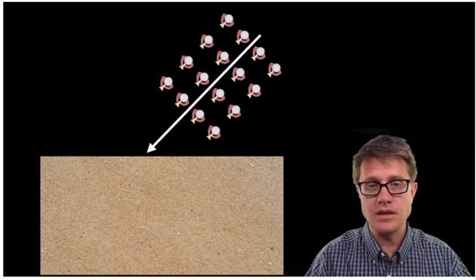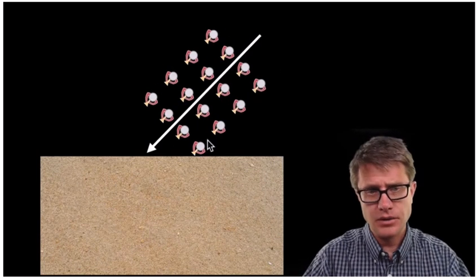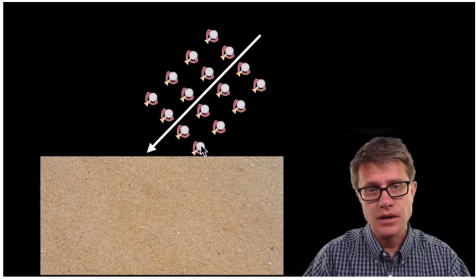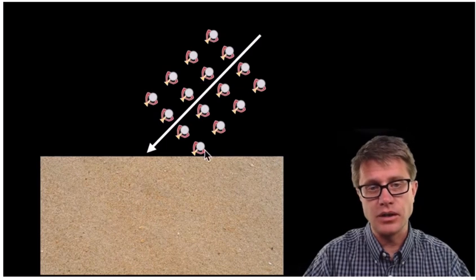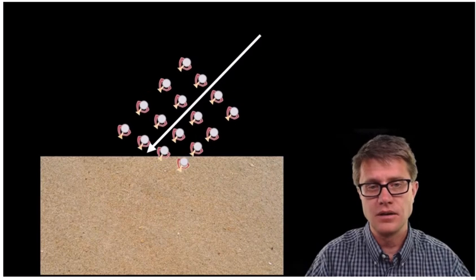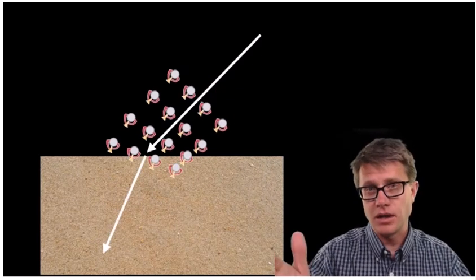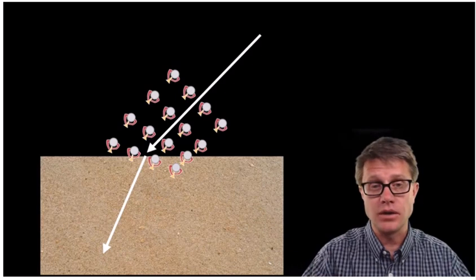As they come in, which one is going to start to slow down first? Well, it's going to be this one right here. They're still going to keep this distance between all of them the same. Watch what happens as they enter into the sand. You can see they're bending like that. We're going from a medium where it's faster to one where it's slower.